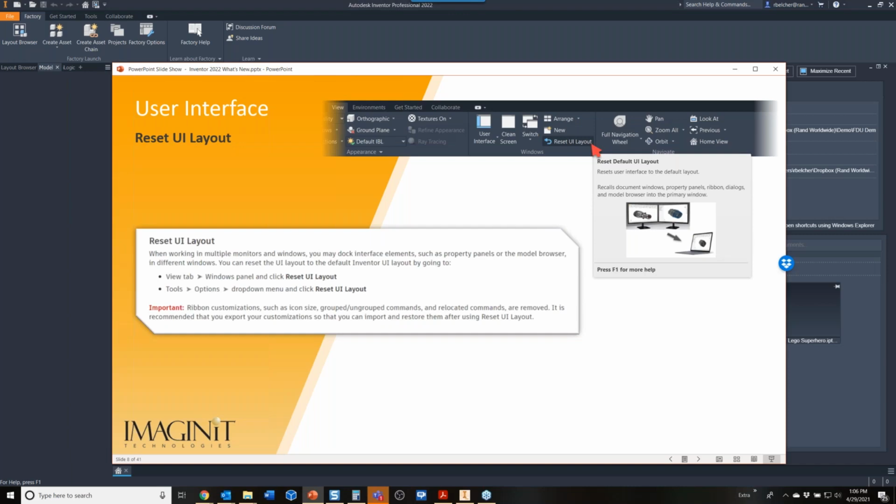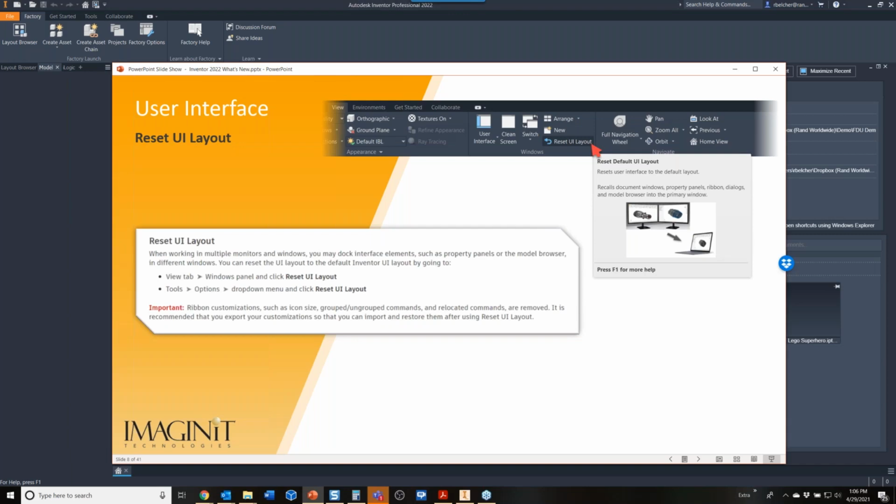Well, on the View tab, you're going to find a new command in the Inventor 2022 release called Reset UI Layout, and this puts the Inventor user interface back to the out-of-the-box single window